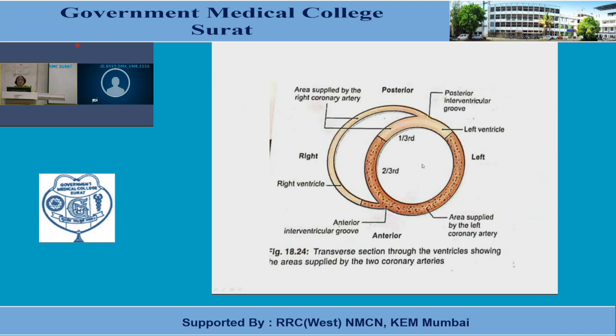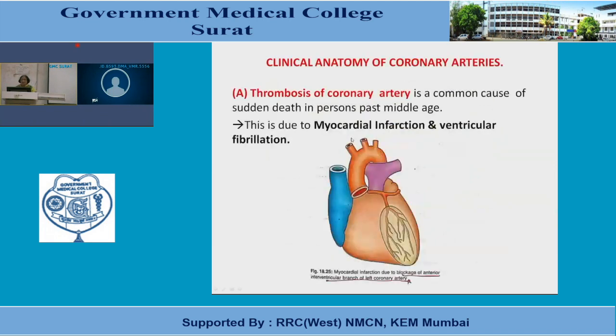Both of these are separated, again I will repeat, by the interventricular septum, divided into posterior 1/3 and anterior 2/3. The posterior 1/3, in light orange, is supplied by the right coronary artery, and the anterior 2/3 by the left coronary artery. So we can say the left ventricle is supplied by the left coronary artery, but the area adjoining the posterior interventricular groove is excluded, and the same near the anterior interventricular groove, including part of the right ventricle.